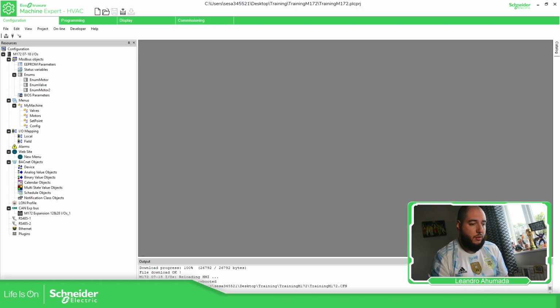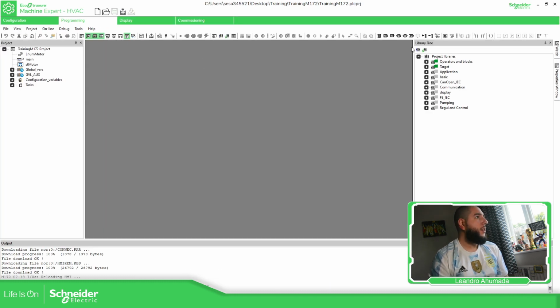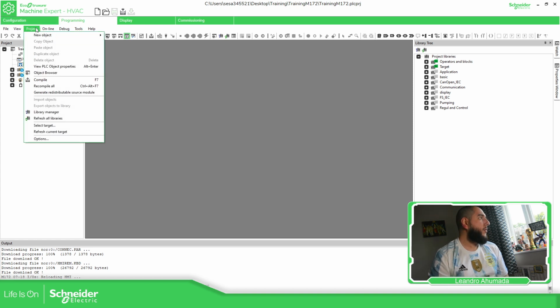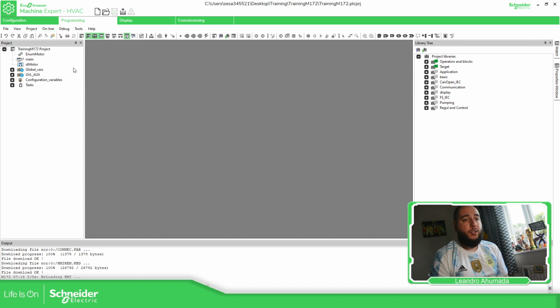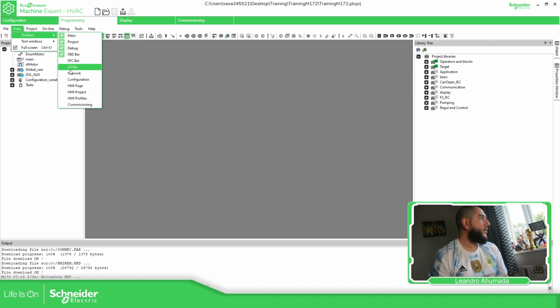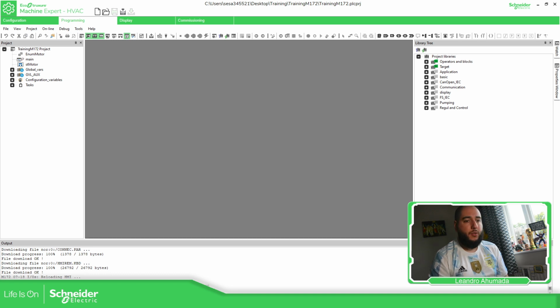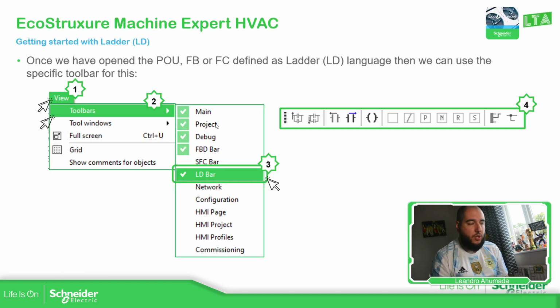So if we go to the software here, programming, this is the one that you need to see. You can move it around if you want. Then Toolbar and then Ladder. If I uncheck this, you should be able to see that it's no longer available. Ladder again. Okay, so if we continue with the presentation,